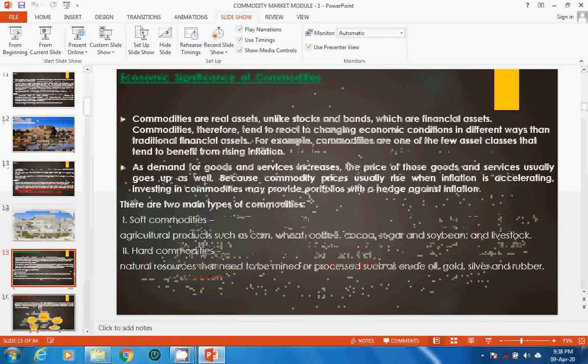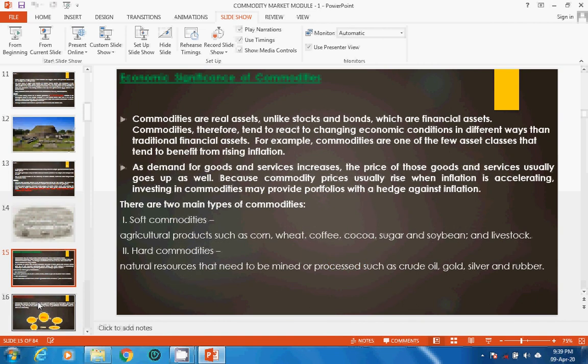So now let's understand the significance or importance of the commodities. Commodities are real assets, unlike the stocks and bonds, which are financial assets. Financial assets are the stocks, bonds, shares, etc. These are financial assets. Real assets are commodities. So therefore,